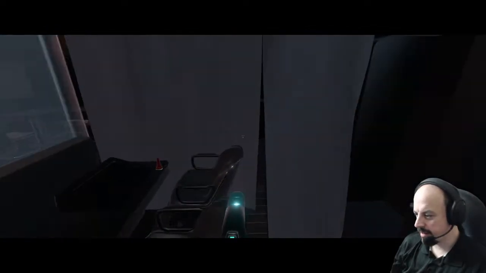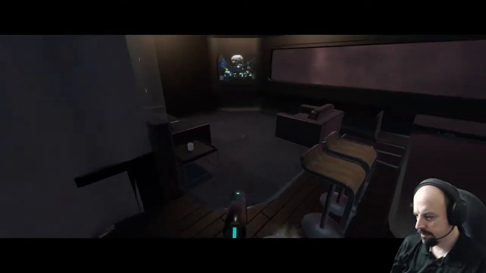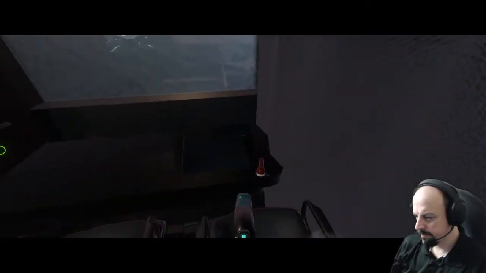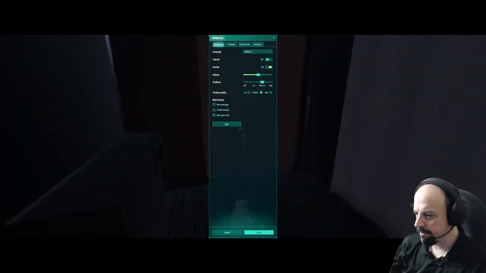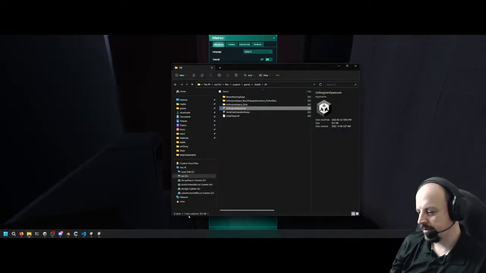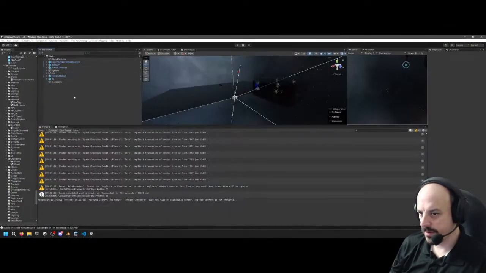But I think it's the cloth. I'd say it's the cloth sim. Let's just turn off the cloth sim and see how it runs in a build.